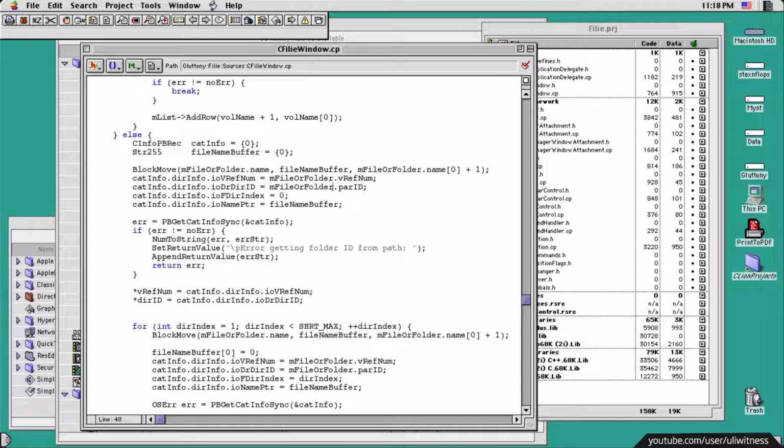And so IO vrefnum and IO dir ID. Then IO dr dir ID, yeah. And IO vrefnum. So dr dir ID is a long. And vrefnum, according to the documentation,